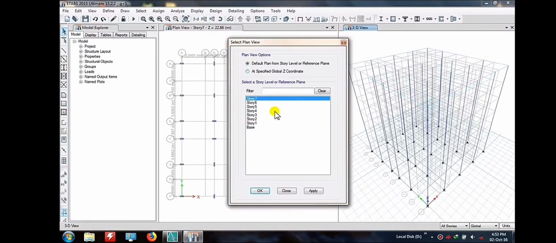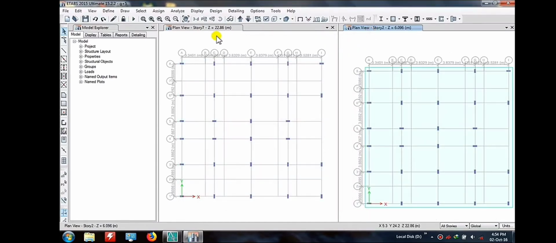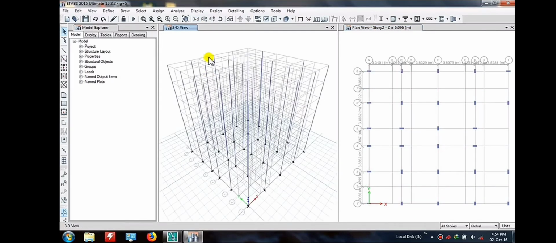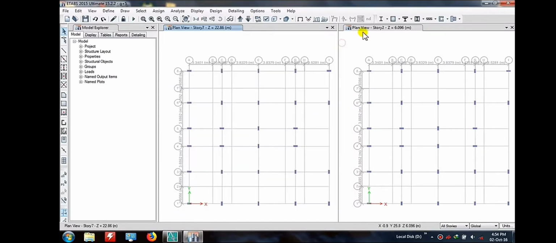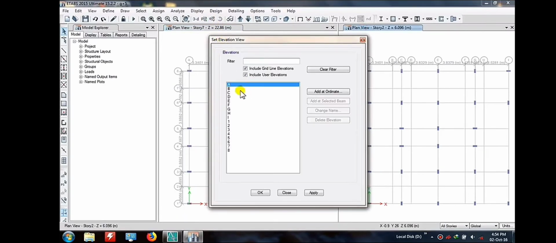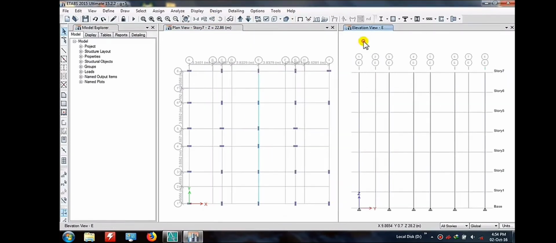If I am going to change my plan to the 3D view, at that time you are able to see the similar grid system and the similar columns and beams which we had defined are here. So almost we had completed. I'm also showing you the elevation view.